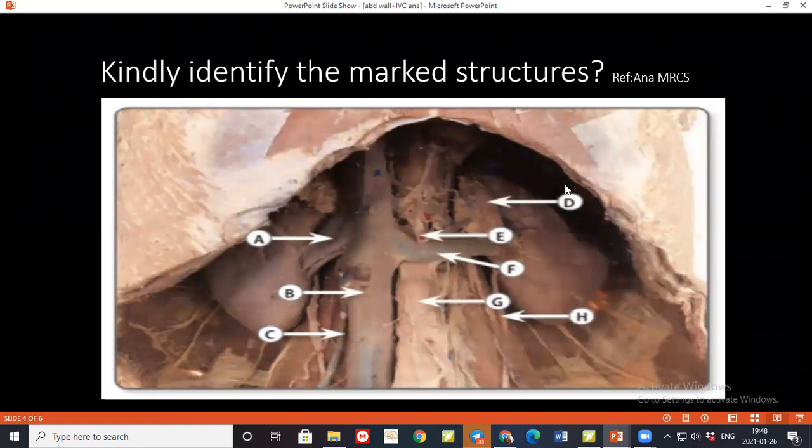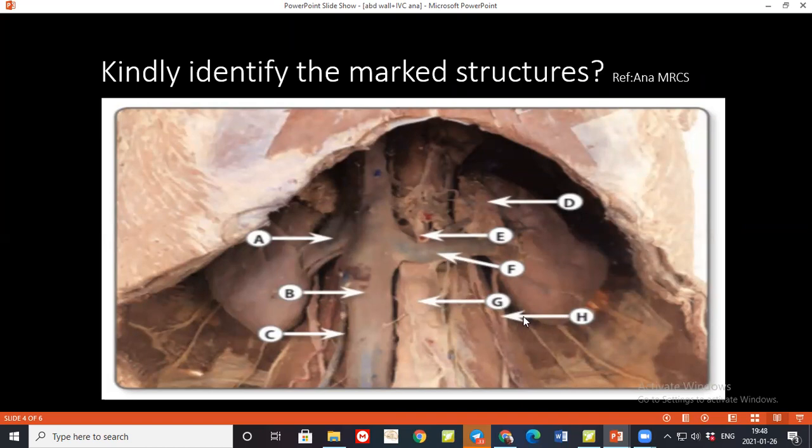And D, this is the left suprarenal gland. E, this is the superior mesenteric artery. F, this is the left renal vein. G, this is the abdominal aorta. And H is